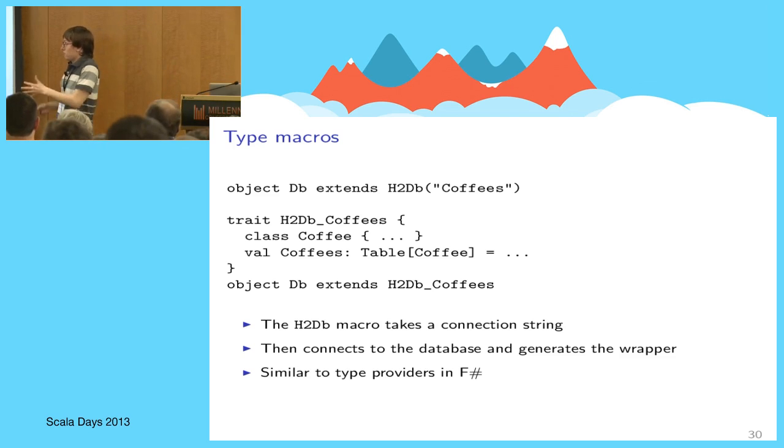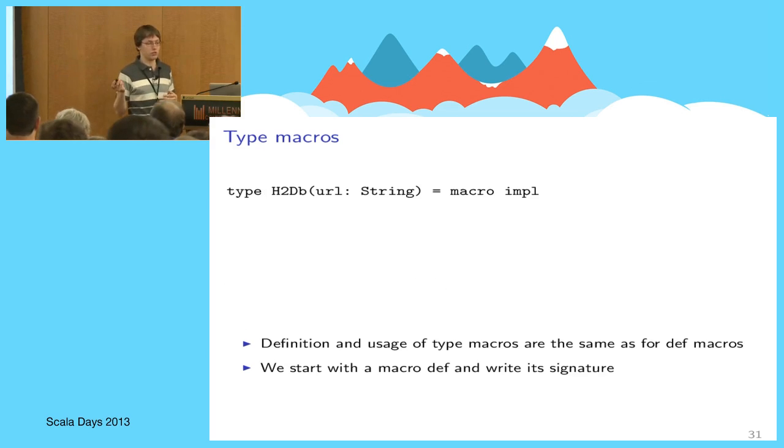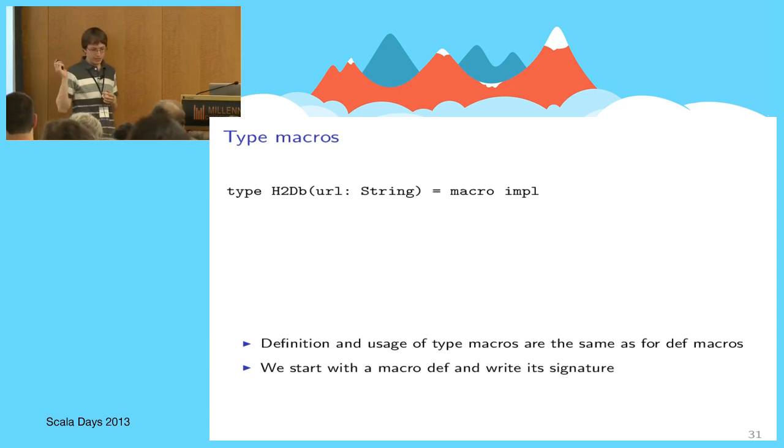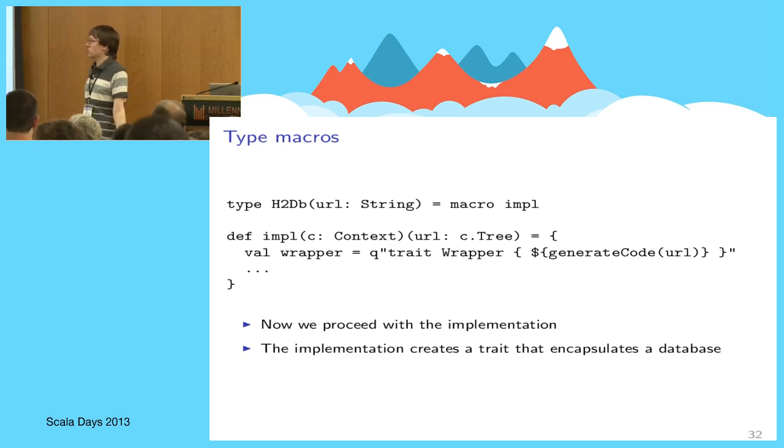All right, so this is roughly how it's supposed to work. And how do we implement that? Apparently that's really easy, as we're going to see right now. So first of all, we write a signature as usual. You can see here that the syntax of Scala has been modified a bit. Currently we cannot have value arguments for types, but for macros this makes sense, so we allow that just for type macros. And then after the signature, we just implement the macro that does code generation.